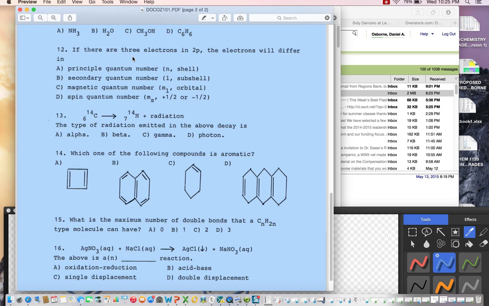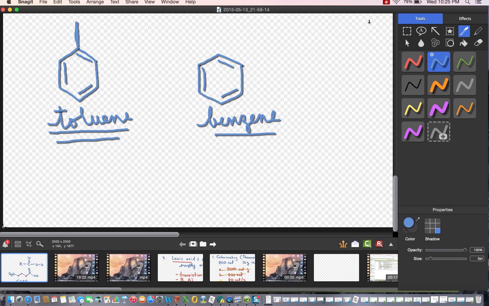Number 12, if there are 3 electrons in 2p, the electrons will differ in, well, they're going to differ in the magnetic quantum number. So they'll both be in the same shell, so n is equal to 2. They're p orbitals, so the l is equal to 1. But one electron will have a magnetic quantum number of -1, another one will have one of 0, the other one will have one of +1. This is just a fancy way of saying